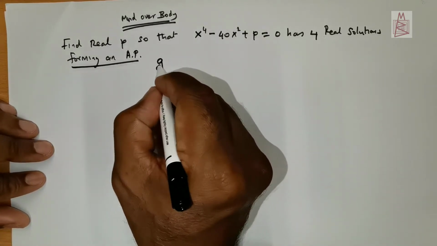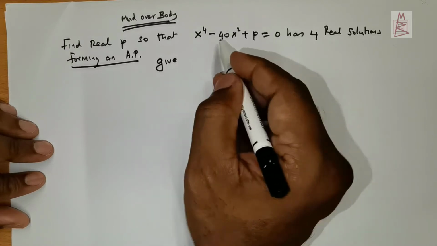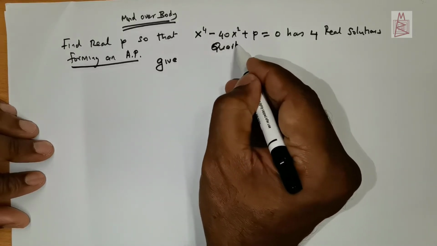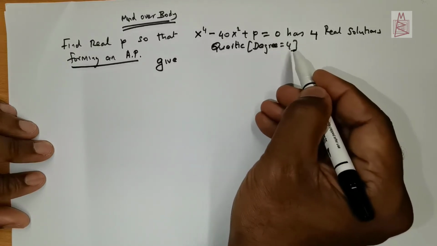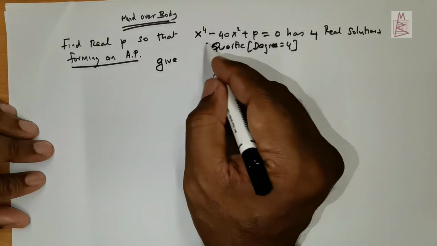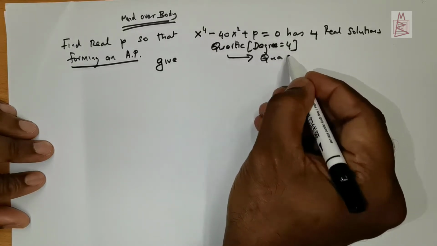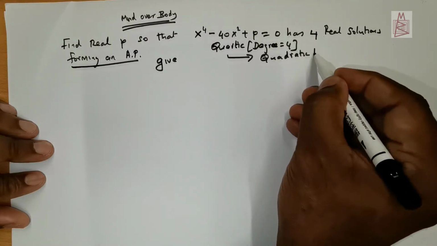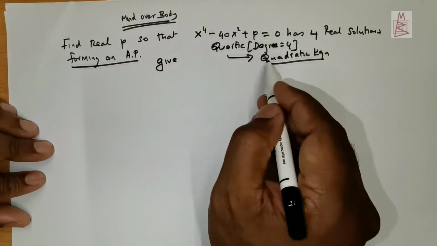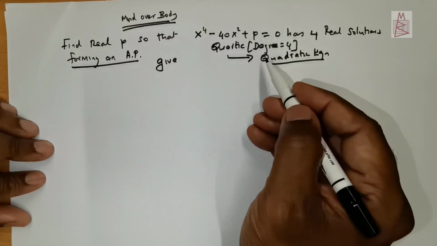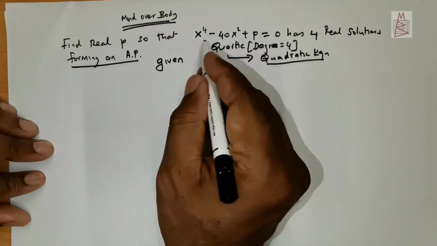Now foremost, we would have always studied equations of this nature. This is actually a quartic equation. That means the degree of this equation is 4. And we always know whenever you're given equations of degree 4, we can convert it into a quadratic equation, and the roots are not affected. So we know that logic.